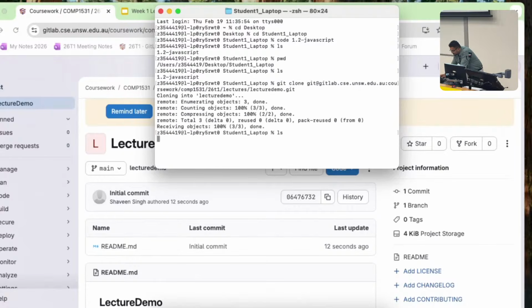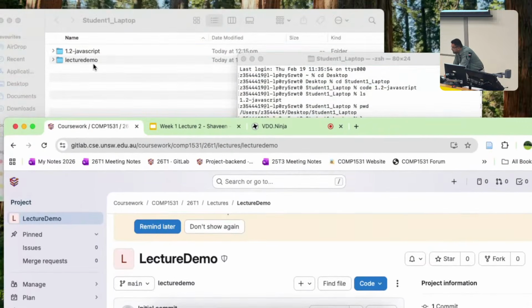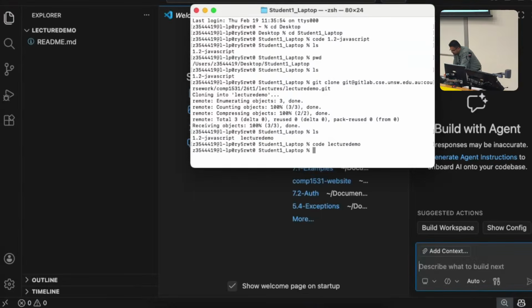Now if I do list, you see I have the first directory, the project that was from Tuesday. Now I have lecture demo as well. And just to visually confirm that lecture demo is now living on my own device, right, on the desktop. Now let me open that, right? So I use code, lecture demo. This will open it using VS Code,